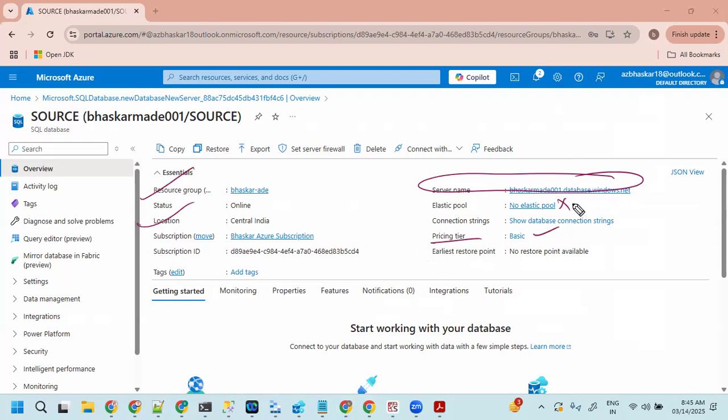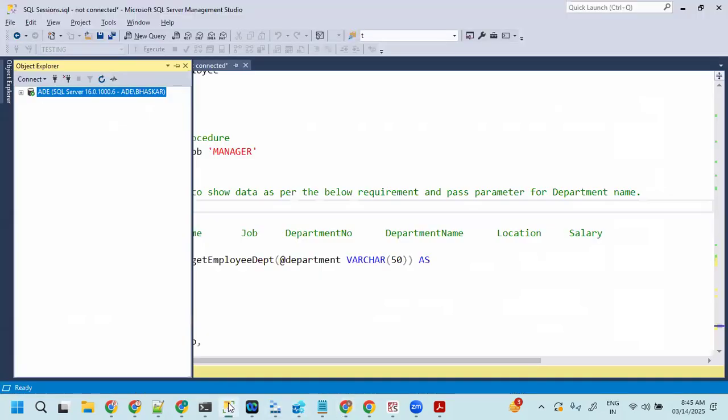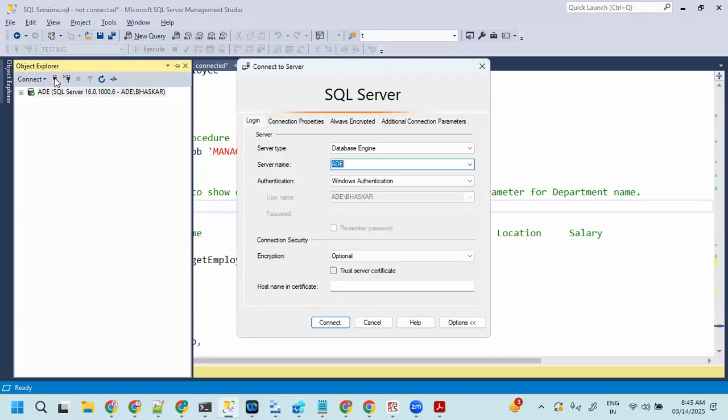If you want to connect to this from outside, from a client tool, one of the client tools to connect is Microsoft SQL Server Management Studio. We are going to see how we can set it up very soon. Let me hit on connect. I have already recorded a session on how we can install on-prem SQL Server and SQL Server Management Studio. I'll share that. You can follow it and set it up.